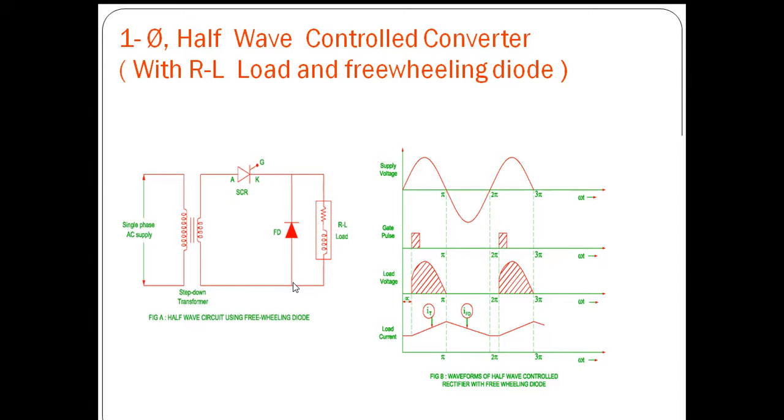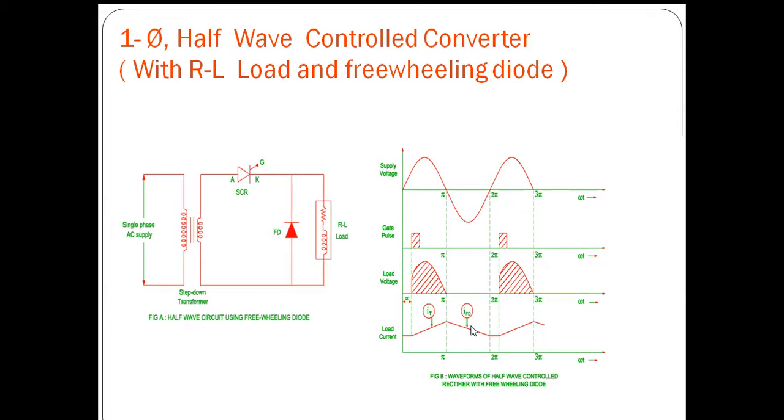So at this instant, the current won't flow through the transformer, SCR, and all these circuits, because it always searches for a low current path. Here we have a diode, so it is providing a low resistance path. Current will flow in this closed path, and the device will act like a short circuit. Across a short circuit the voltage will be 0, so this 0 voltage will appear across the load. So load voltage will be 0.